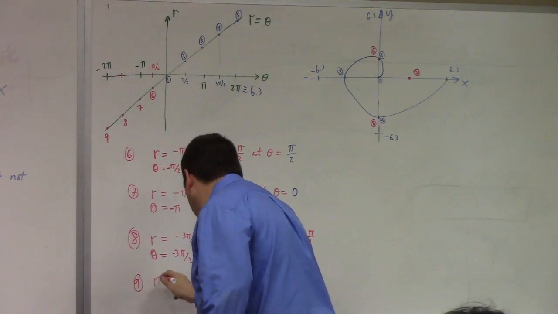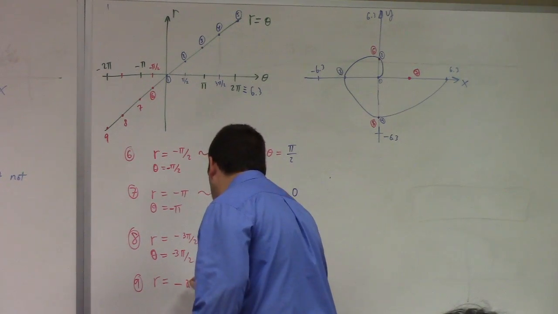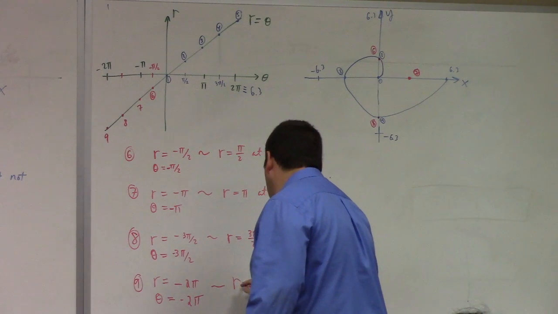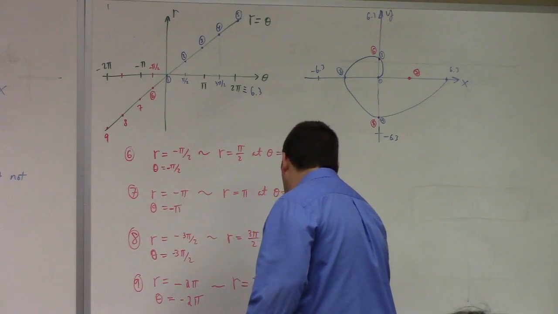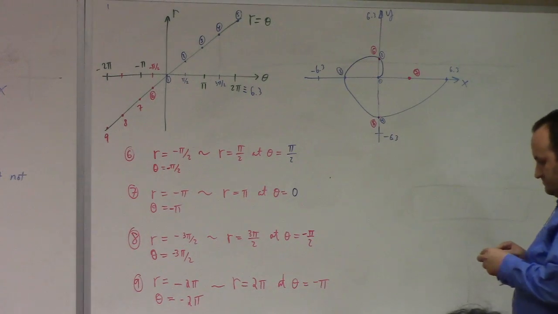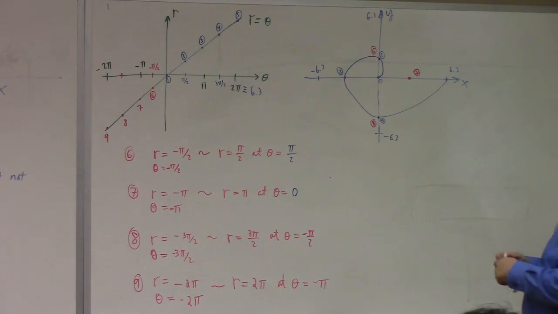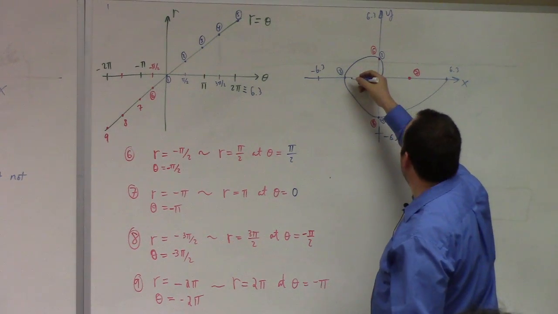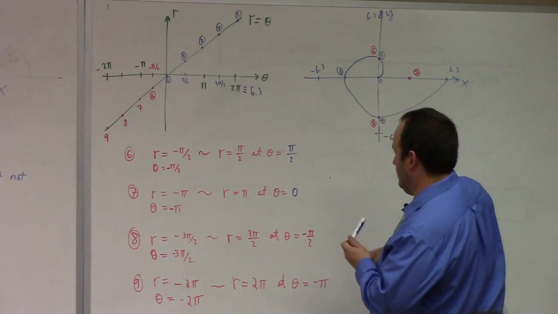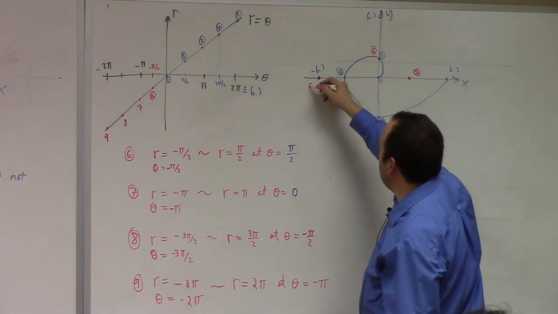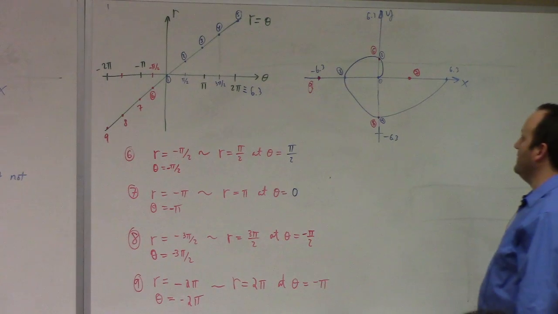9, we have r equals minus 2 pi, theta equals minus 2 pi. So geometrically, that's equivalent to r equals 2 pi at theta equals minus pi. So where's that? Theta equals minus pi. Sweet, minus pi, it's over here. So that is actually this guy, right? Oh man, what have I done this time? It's actually